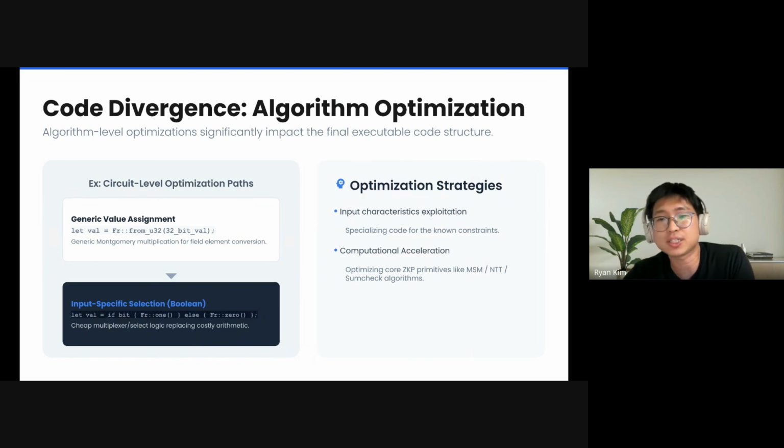Input characteristics: if you know the input is bounded, or Boolean, or sparse, you can specialize. Computational acceleration: the MSM algorithm, the NTT algorithm, sumcheck. Every year, somebody publishes a faster version, and we end up rewriting again. So again, the code keeps changing its shape, and again, every change makes the link proof on a spec drift away from the executable. Verification has to chase it.